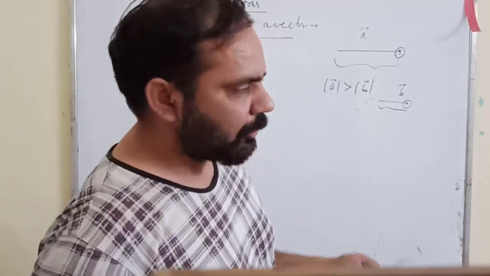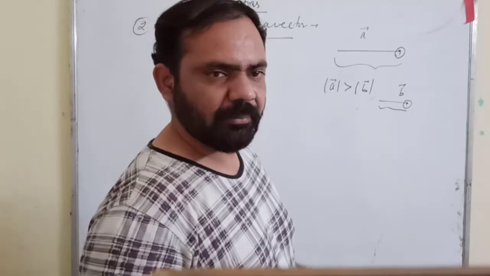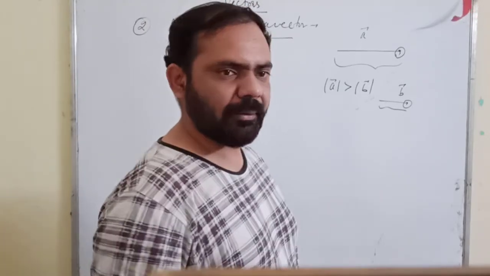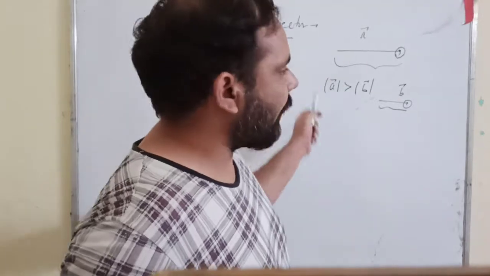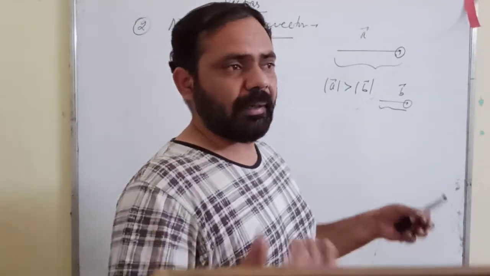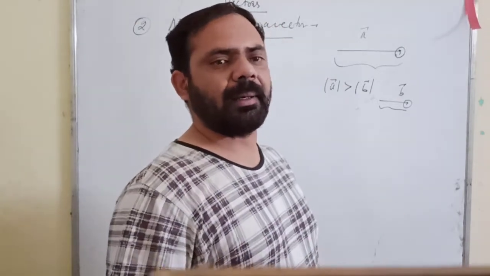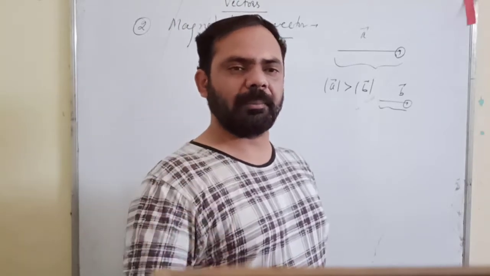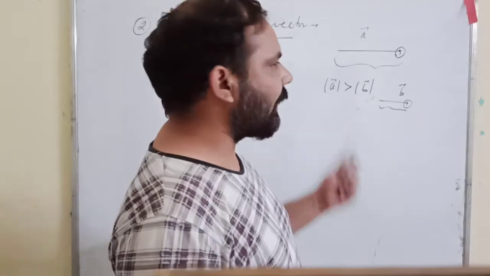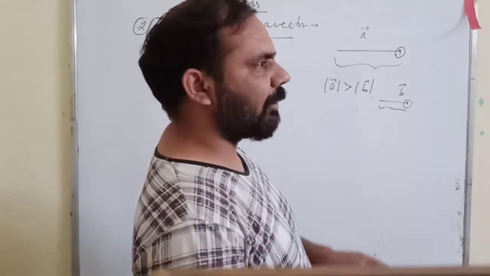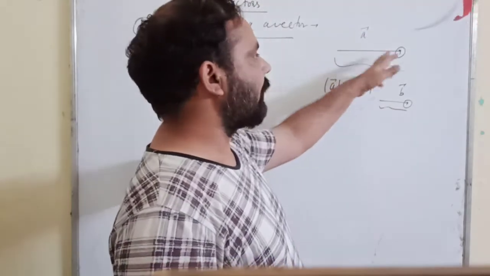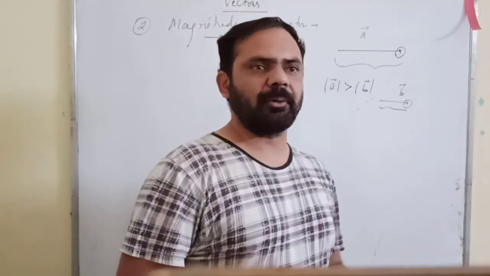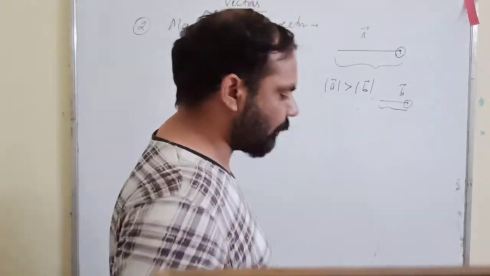But we generally don't use this particular thing, right? This is a kind of understanding that if you represent a vector quantity by an arrow, generally we do this when we solve a condition with the help of a graph. Okay, in that case, if you represent a vector by an arrow, then the tip of the arrow will represent the direction and the length of the arrow will represent the magnitude of the vector.